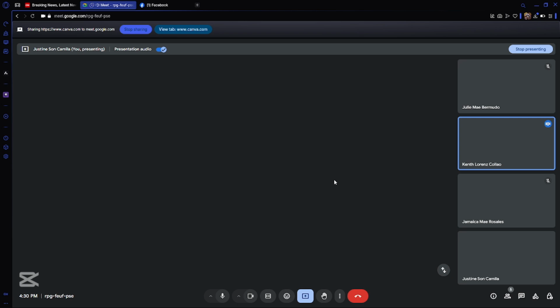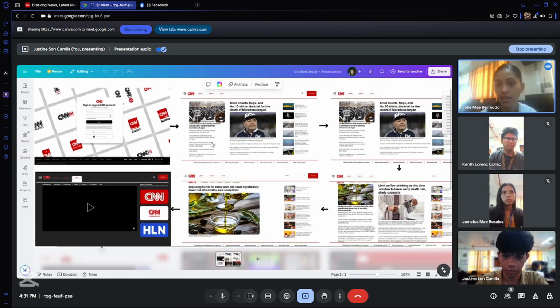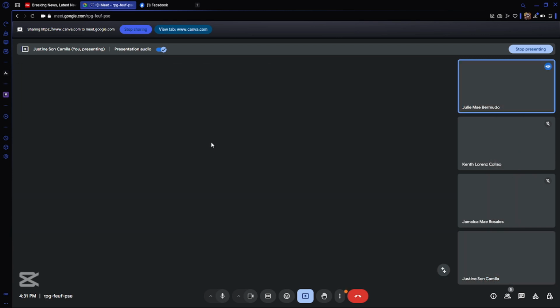Talk about our proposed system: user interaction, color scheme and typography, and accessibility features.